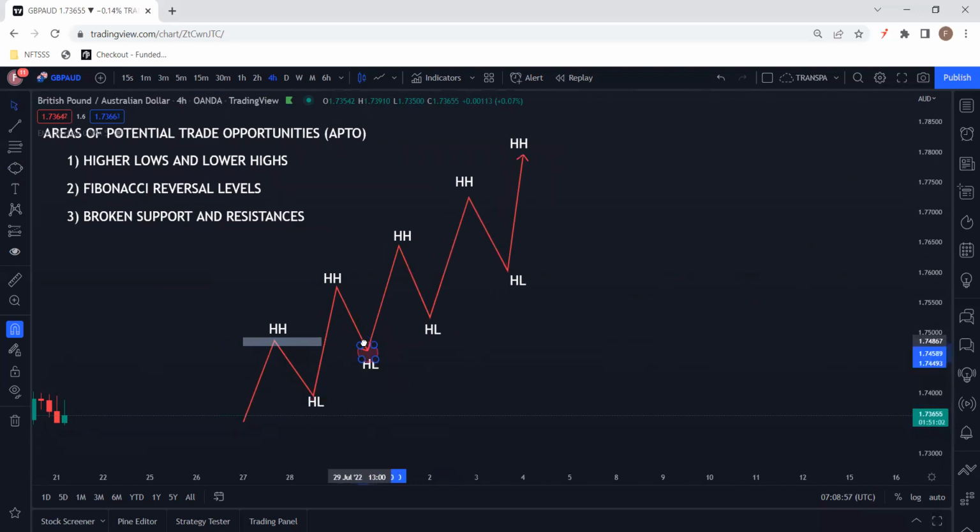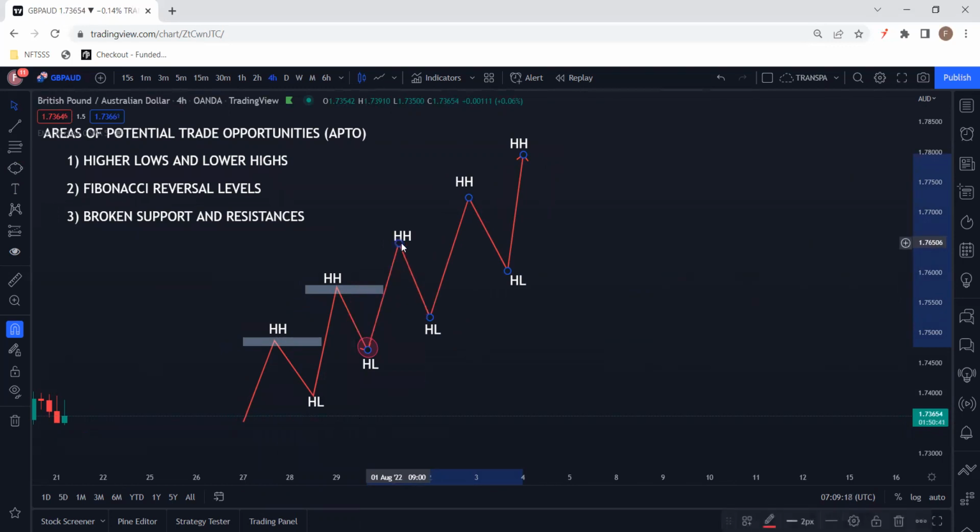So this would be the best time to buy. You're buying from a higher low. Once you have identified again that the market has broken above a previous high, and has formed a new high that is higher than the previous high,